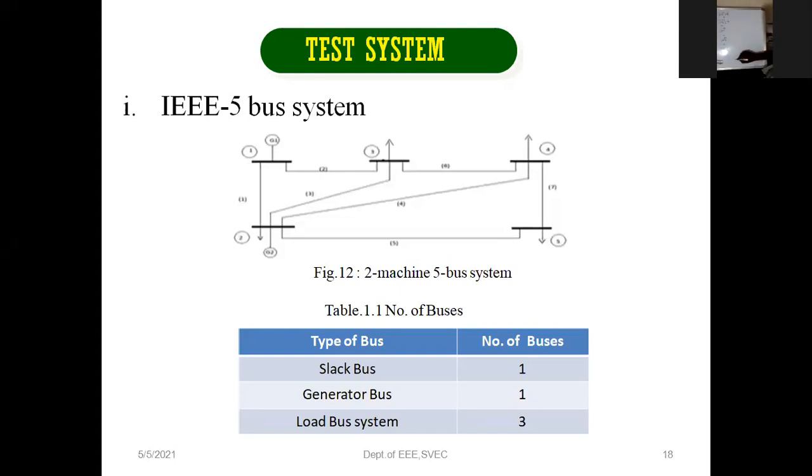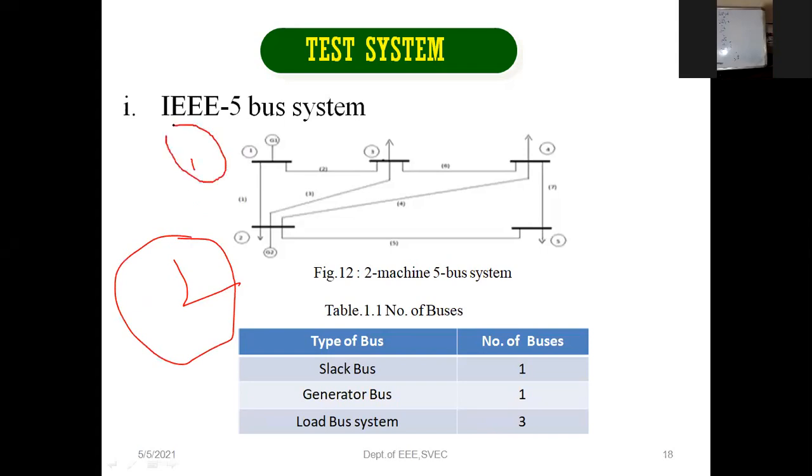Can anybody tell me what is Y22, by seeing the image? How many elements are there in Y22? 4 elements. You see, this is 2, this is 2, this is 2.